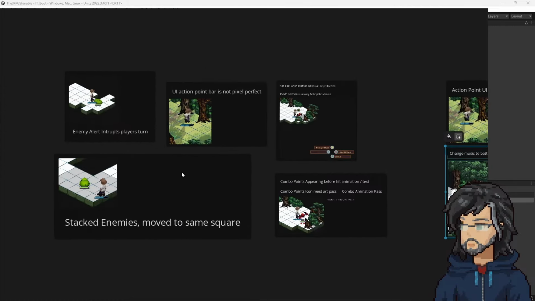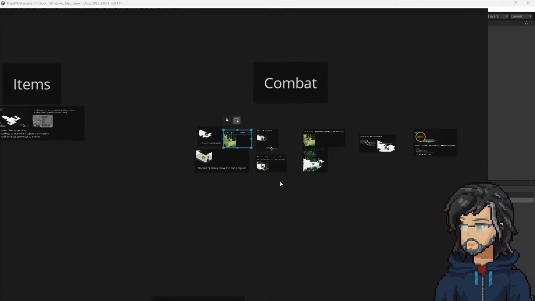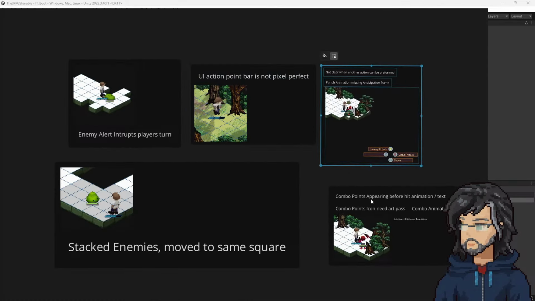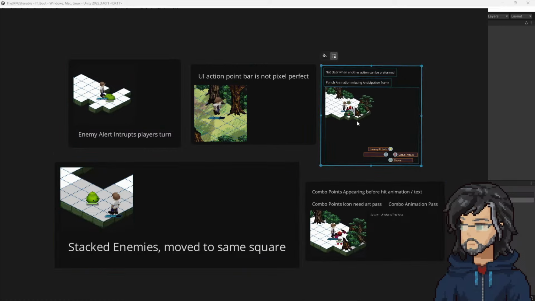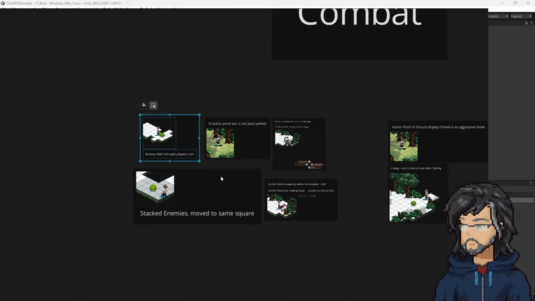The other stuff here I think all revolves around, well, not really the UI action bar not being pixel perfect, but kind of. I might replace this action bar eventually with a different set of UI that's more static and not under the player's feet. But these 5 bugs are all revolving around combat either not being clear, or the combo point system not being clear, or some bugs around the way that the AI is moving such that they can stack on the same square. And I think this all revolves around a general mechanic that I want to add